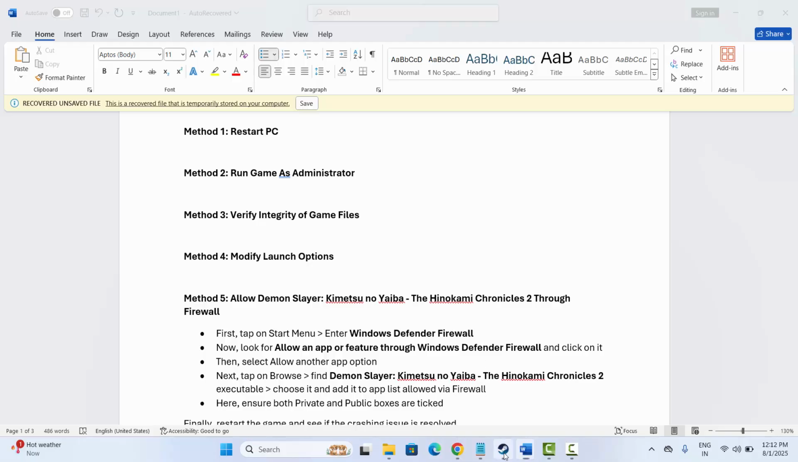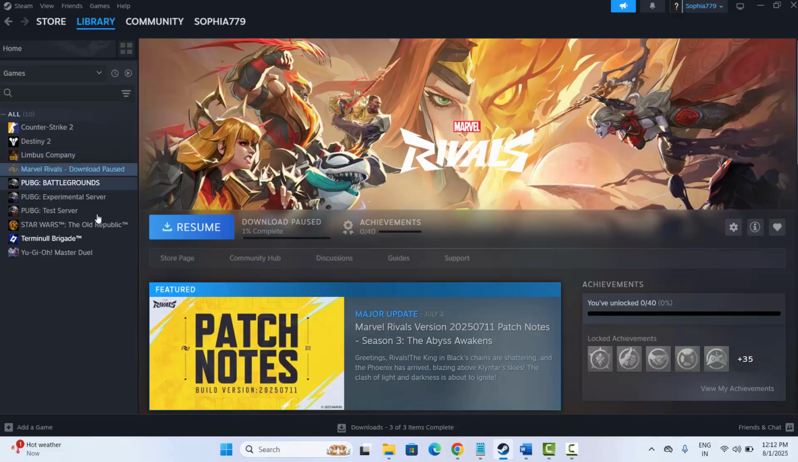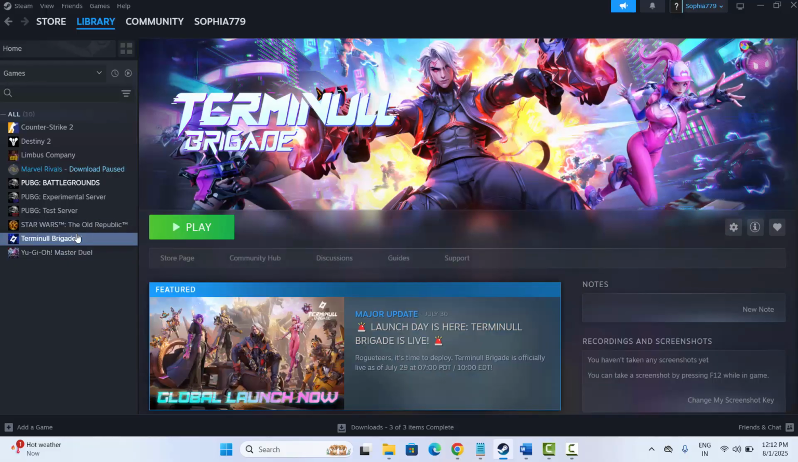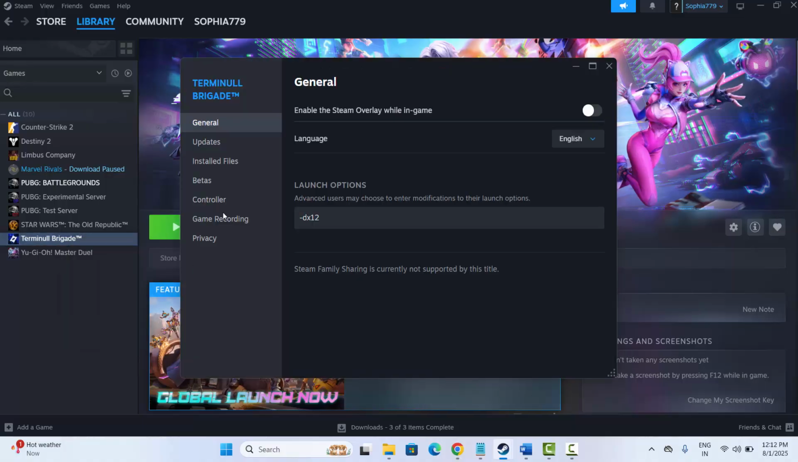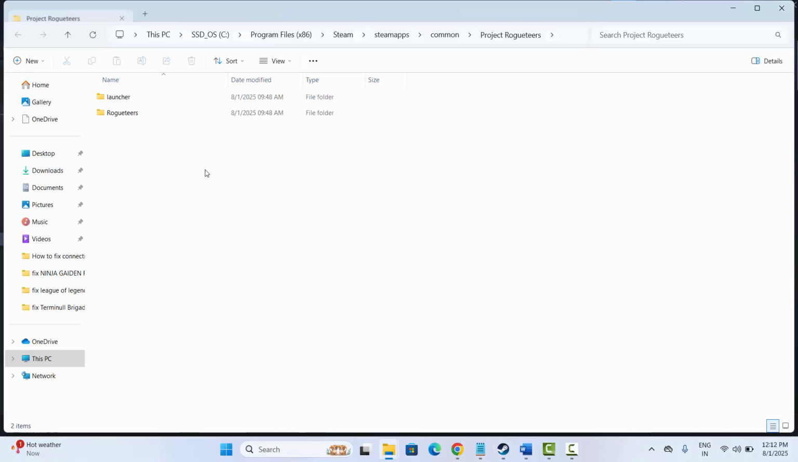For that, go to the Steam, select library. Here if you have downloaded the game, then select the game. Here I have not downloaded the game, so I am showing you the methods that you can follow and try to fix the issue. So select the game. After selecting, right click on it, select properties. Now click on install files, then click on browse, and after that go to the folder where your game has